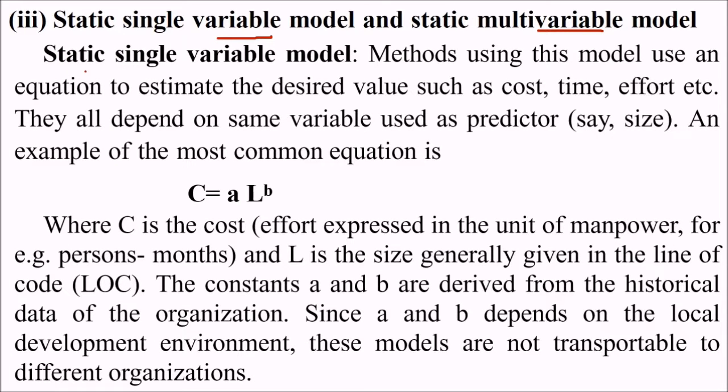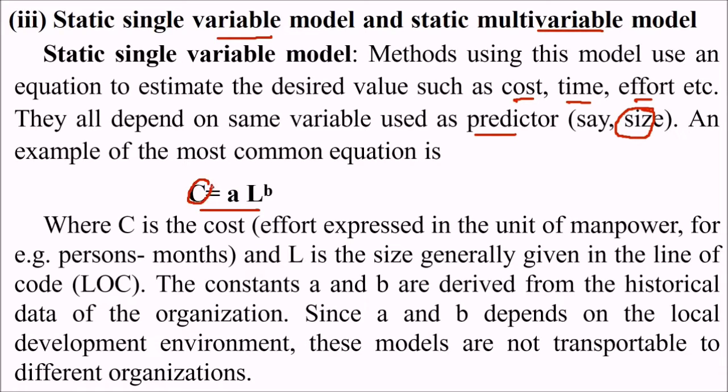So, the static single variable model: the methods using this model use an equation to estimate the desired value, such as cost, time, effort, and they all depend on the same variable used as predictor. For example, say size, the number of lines; in terms of size it is kilo lines of code. And the example of this would be the common equation C is equal to A L to the power B,